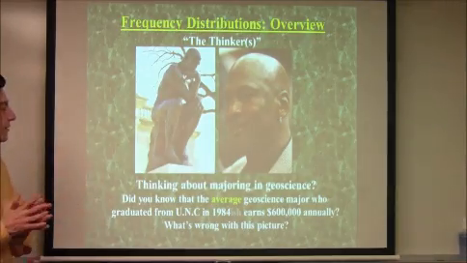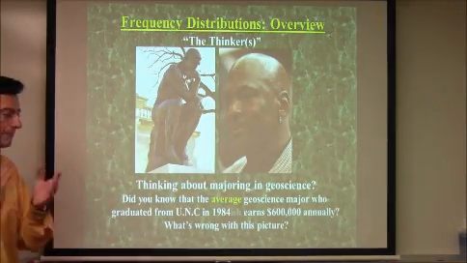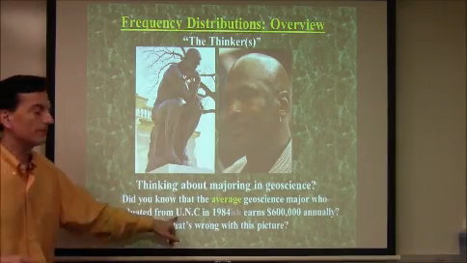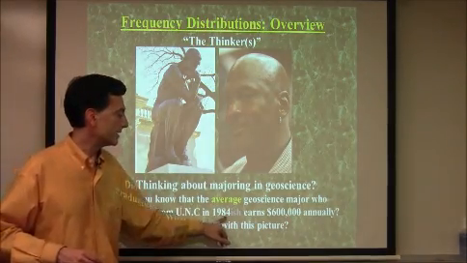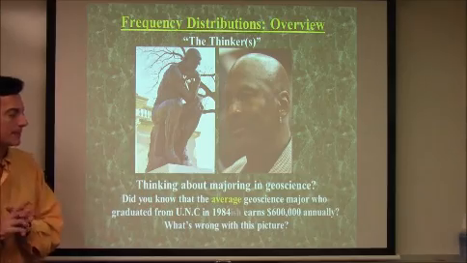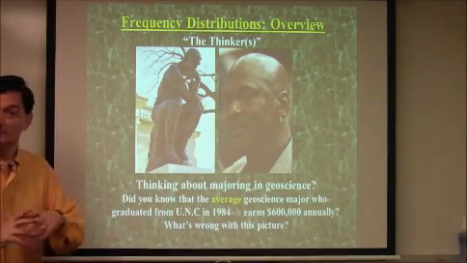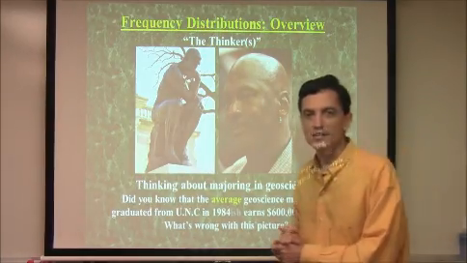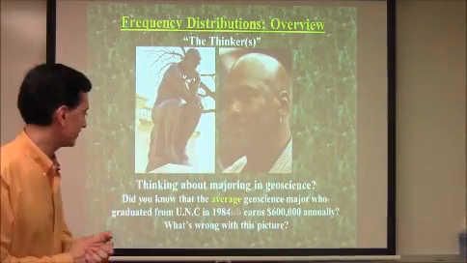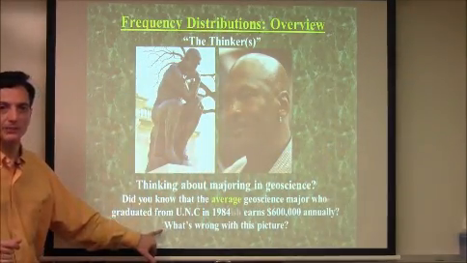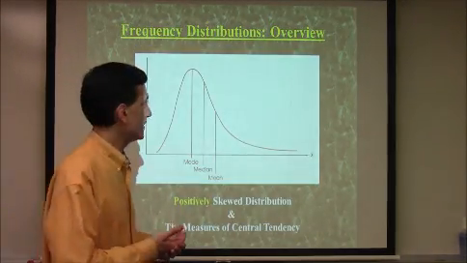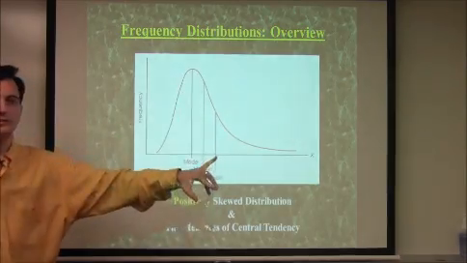Okay. Did you know that the average, I'm talking about a mean here, the average geoscience major who graduated from the University of North Carolina in 1984 earns about $600,000 annually. Sounds like a great major, right? On average, we're earning $600,000 a year. Wow, pretty impressive. Okay? But there's something wrong with this picture. And this brings us back to the idea of skewed distributions. In this case, we have a positively skewed distribution,